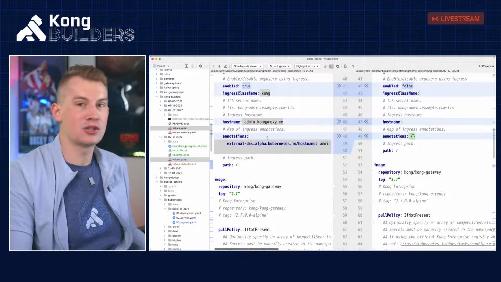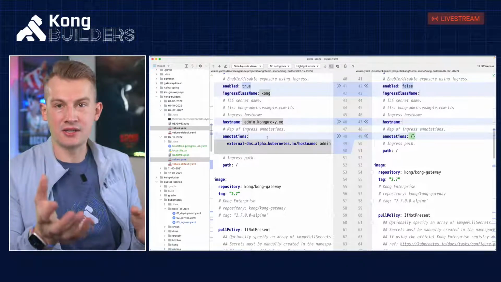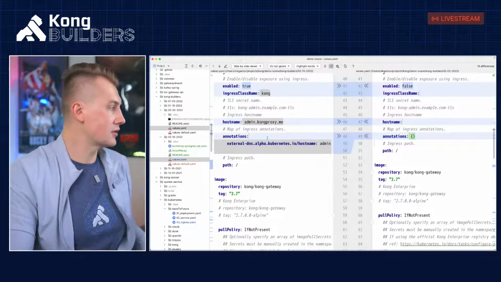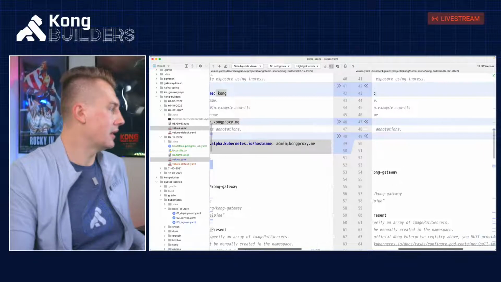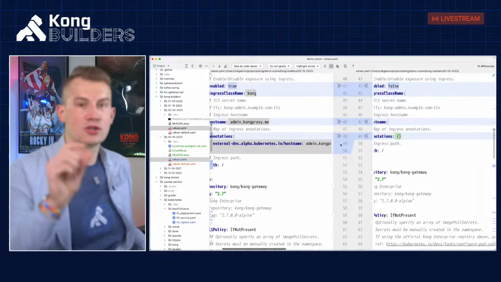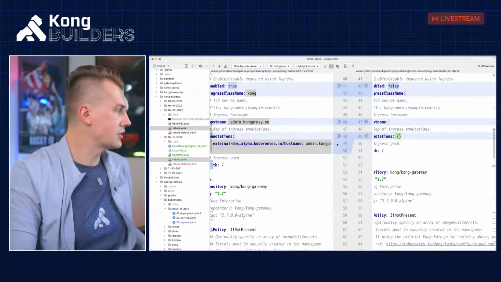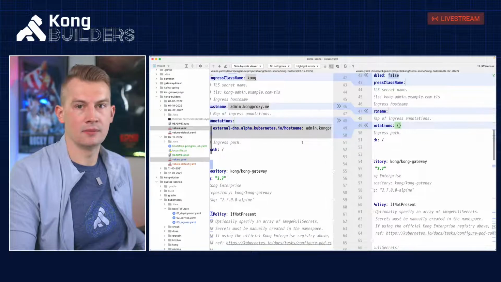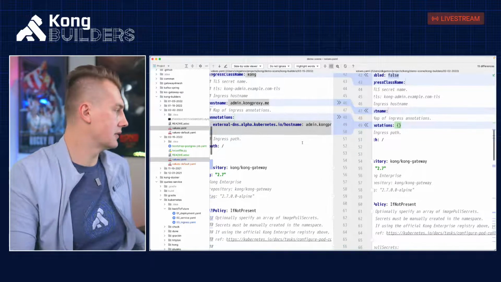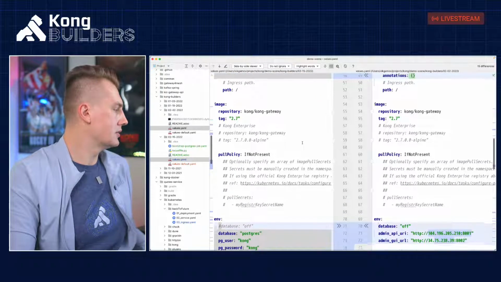This Helm chart supports customization for this ingress. So in this case, I am providing a conch admin address, so my external DNS will pick up this host name and will bind this IP address with this ingress.